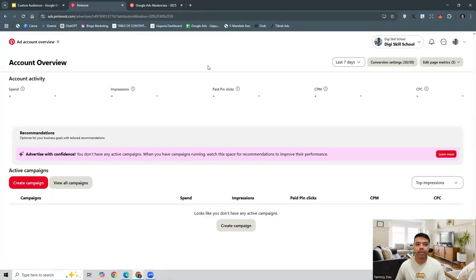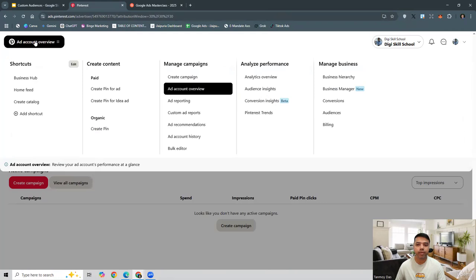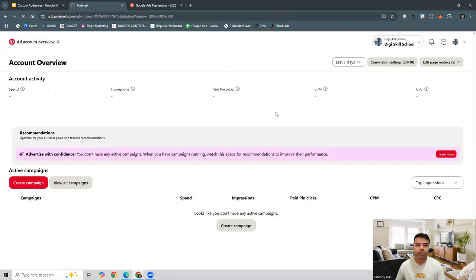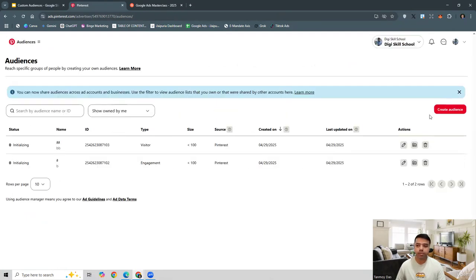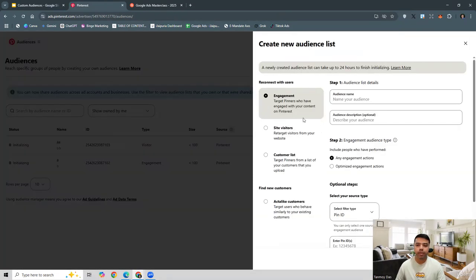So once you're on the platform, we can go to the overview section. Under manage business, we can come to audiences. This is where you can create different types of custom audiences. Now, here the first one is going to be engagement, which is basically targeting pinners who have engaged with your content in the past. So you can give it a name, let's say,